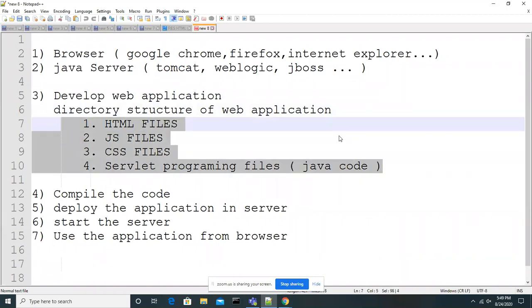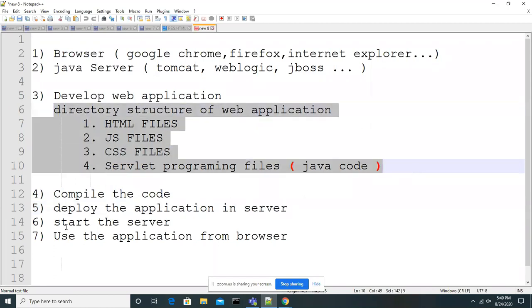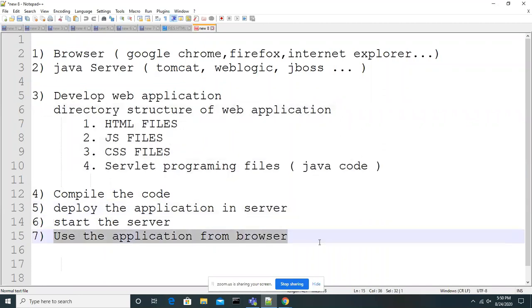These are the files we are going to place in that project. Then we get the code ready, compile it, and deploy it. Deploy is nothing but placing all the resources we prepared for the project into the web application folder structure, deploying the application in the server, starting the server, and using that application from the browser.